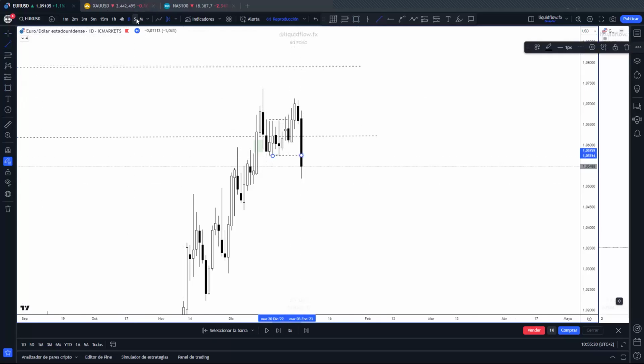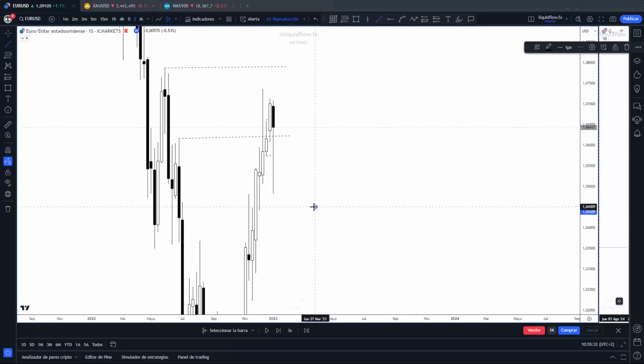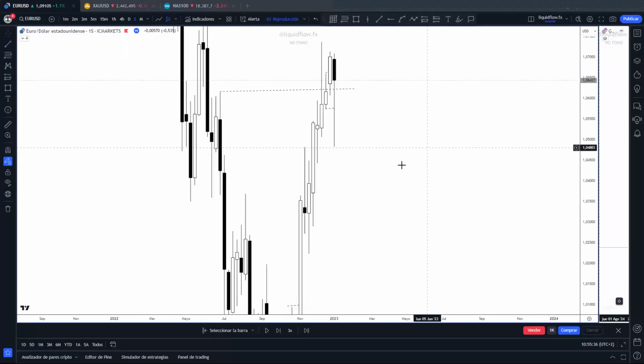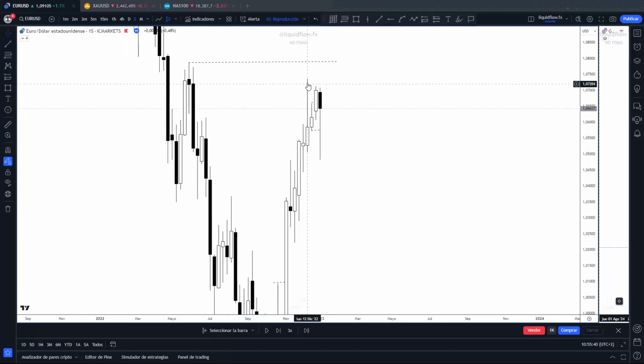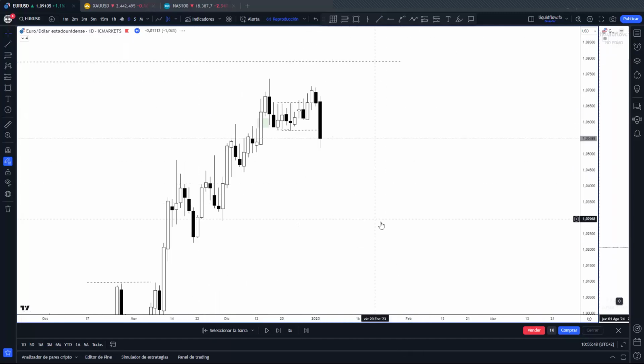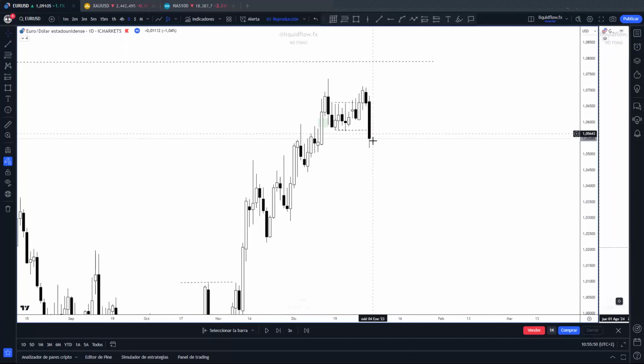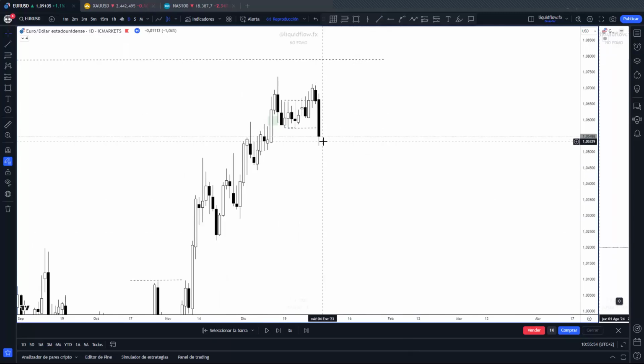Okay, let's go to weekly. What do we have in weekly? Nothing clear. You already swept this. Actually, I don't have anything clear here to see. But I have a fair value gap. So what could happen, two things here: keep going down or make some kind of range. Today is